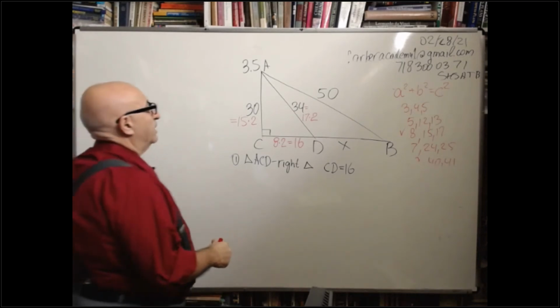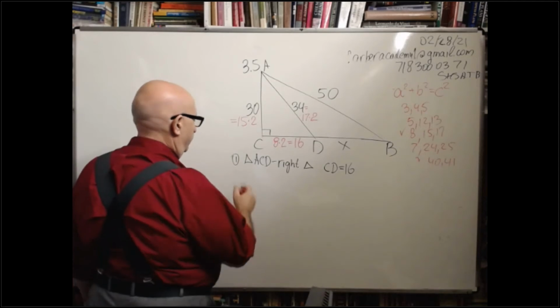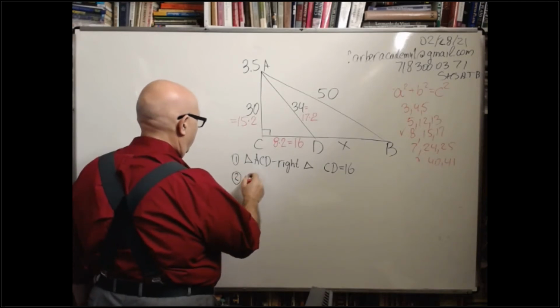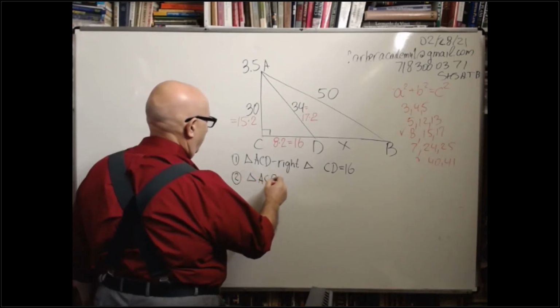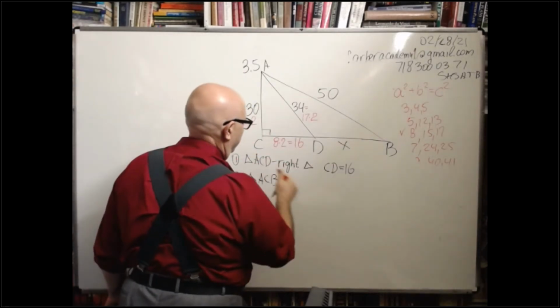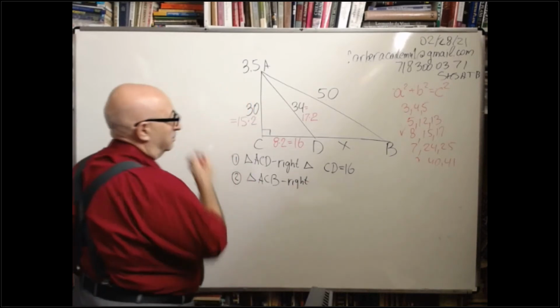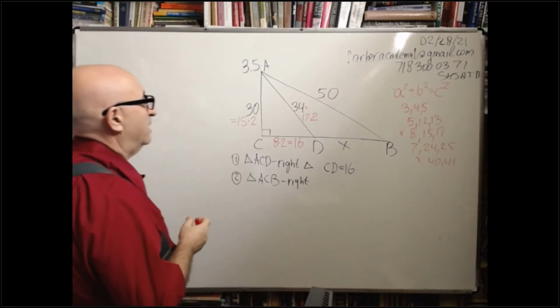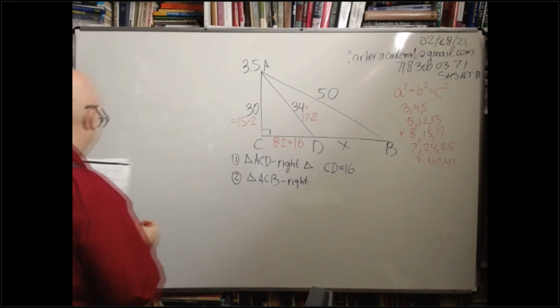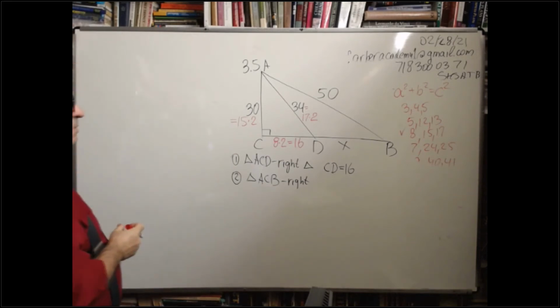Next, I go to triangle ACB. This is right triangle. In this triangle, if you look carefully, look at this picture. We have